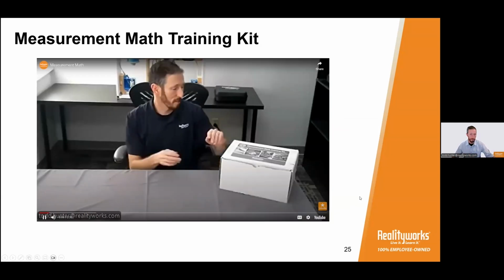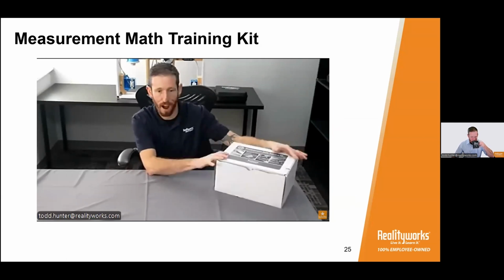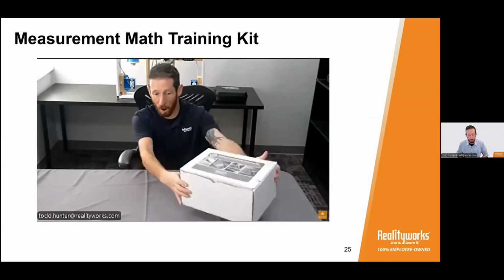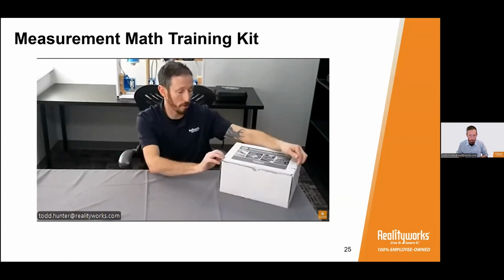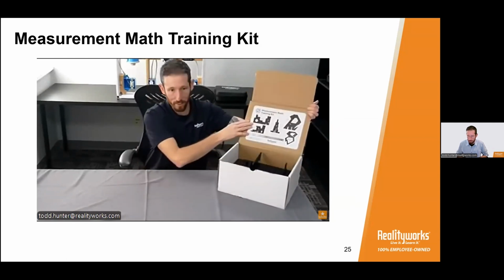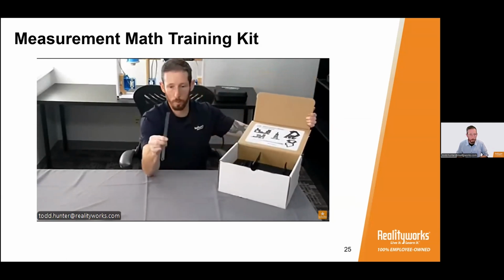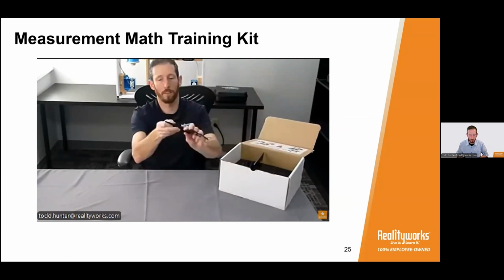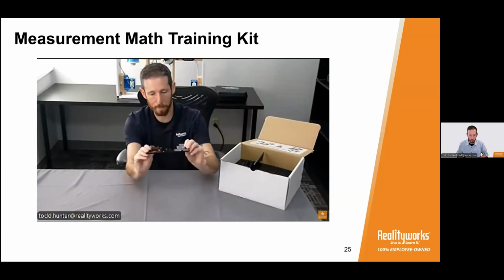All right, let's break open the measurement math training kit. Now this comes with 5 of these boxes, which makes it super easy for the teachers to just hand out in class to a student or a group or a pair of students. When they open that box up, right on the lid, it tells them exactly what they're going to get. So they've got their super precise metal ruler, and then there are 5 very precisely cut, really thick and burly